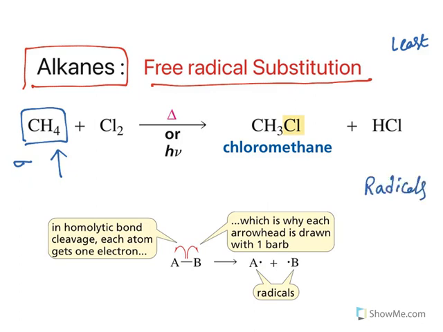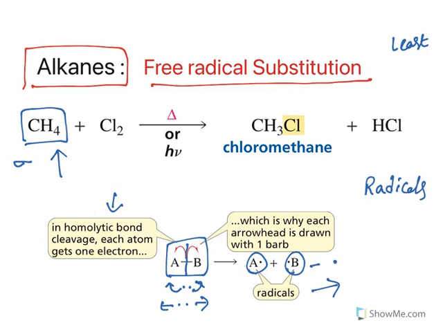Now what are radicals? Look at this. In a covalent bond, a bond is formed by sharing two electrons. When you break that bond, if both the electrons are left to these spaces, these are known as radicals. This division is known as homolytic bond division. Homo means equal, lysis means breakdown. That means two electrons are equally shared. That is why it is known as homolysis. Now radicals are very reactive because they have unshared electrons. They are always looking to get an electron. That is the reason why they are very reactive.